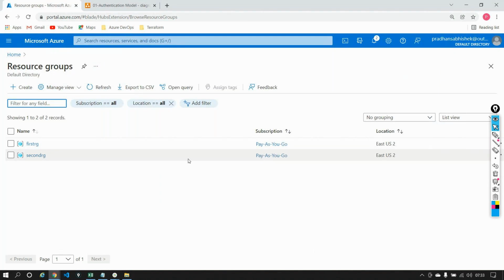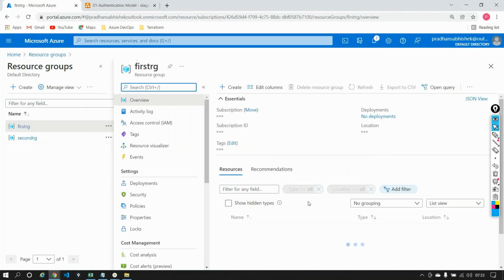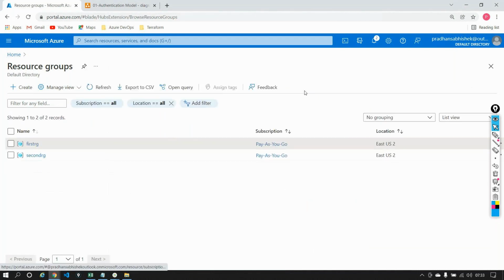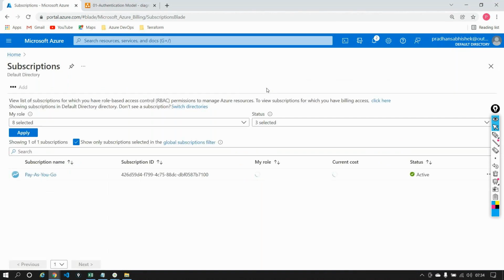Now I want to add the user at the resource group level. So I'm going into the first RG. Well, let's do one thing. Since there are two resource groups here, I want the developer to have access to both. So I'll take a step back, come into my subscription, and add the developer into the subscription as a contributor.